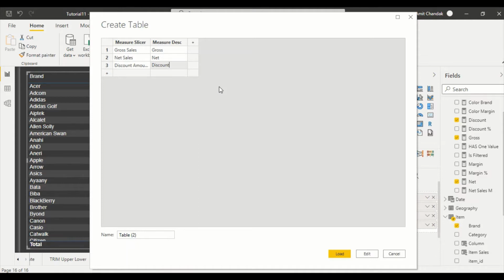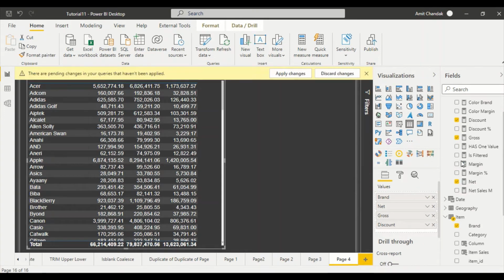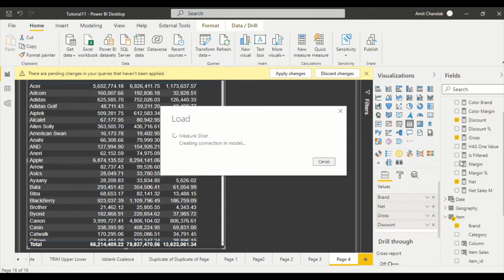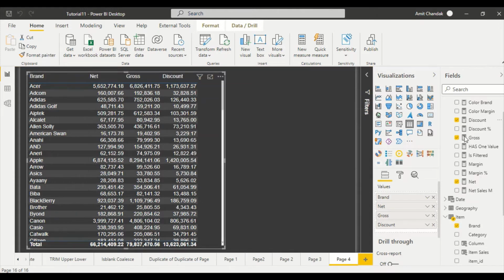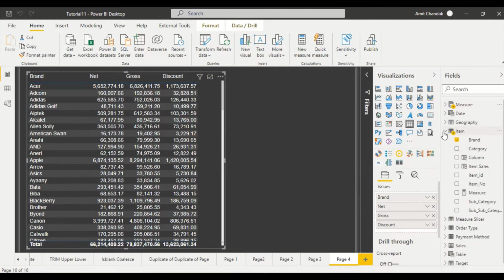So now we have this table created, and let's call this table measure slicer as well. Okay. So now Power BI is going to create a new table for us. Enter data is going to create a table for us. That's the objective. And that's an independent table, it is not going to join. If it creates a join with something, then we need to go ahead and delete it. Basically, if you create some column and that column already exists, it might create a join in case you have enabled the auto join.